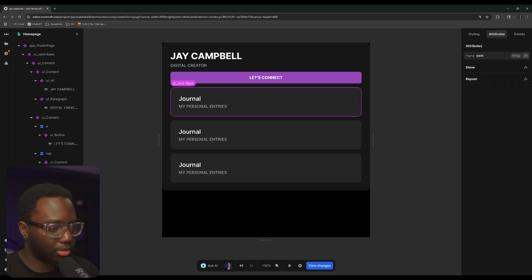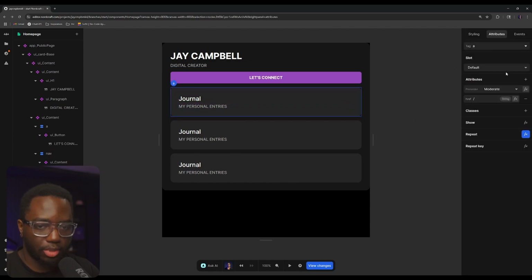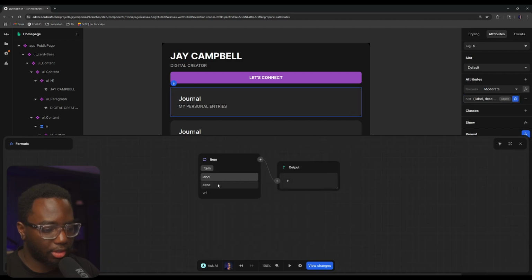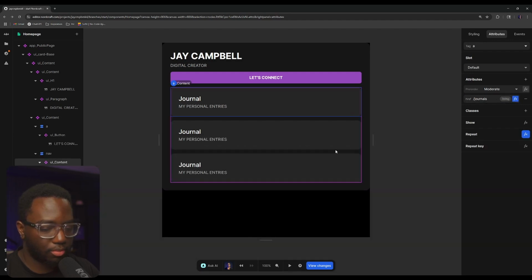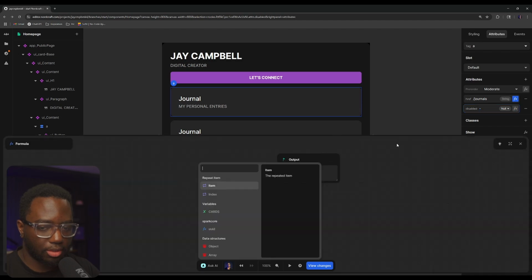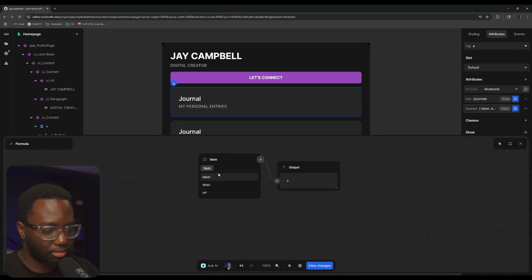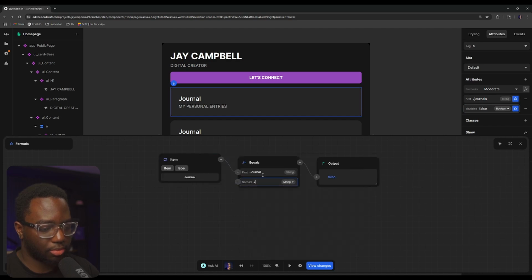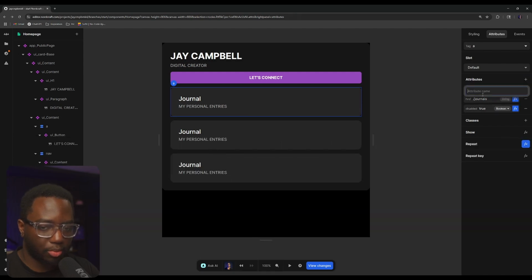So now here in the repeating a tag, we can set the href to be the item and URL. And then I'll actually add a disabled, I guess, disabled. And all I'll do is if item URL or label, I guess, that's fine too, equals journal, because that one is not ready yet. We can also have, if I want this to open in a new tab, what is it? I think it's target, right? We can set this